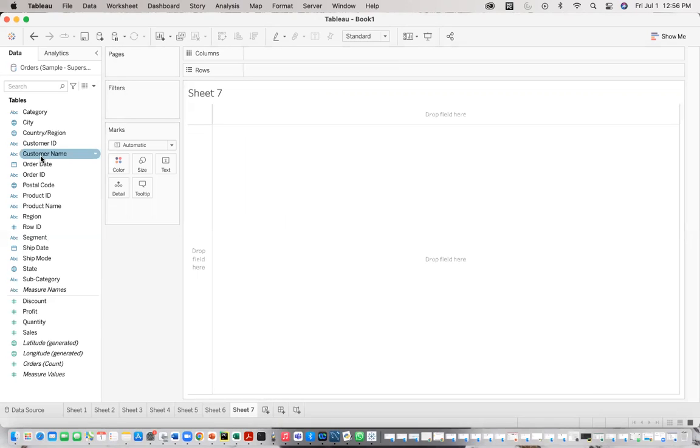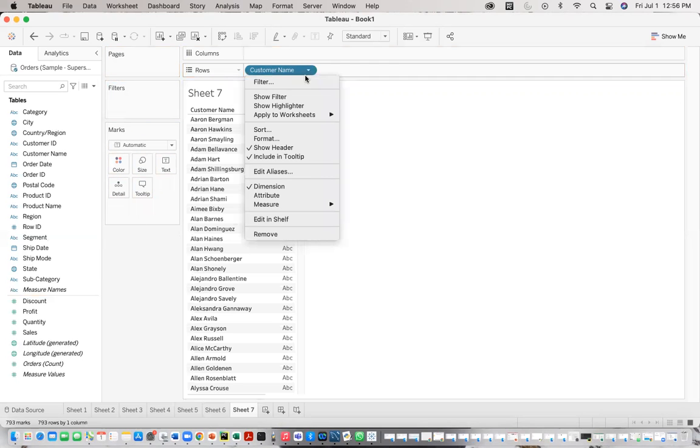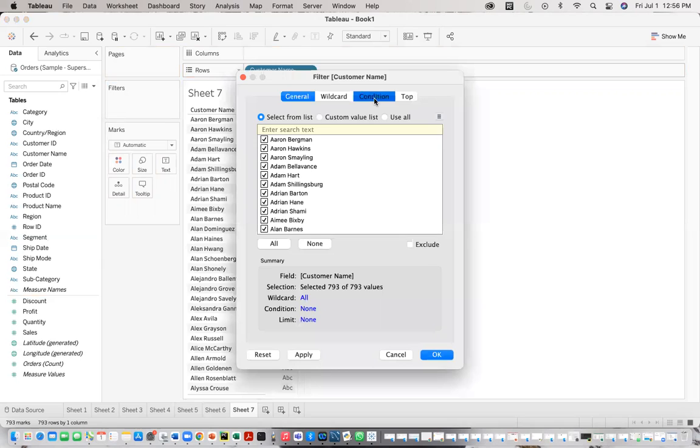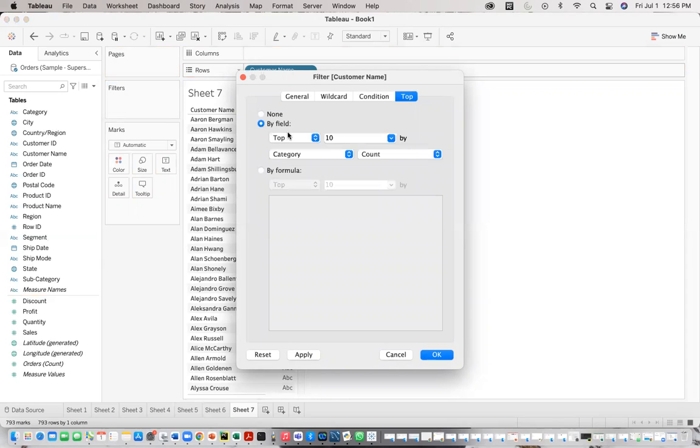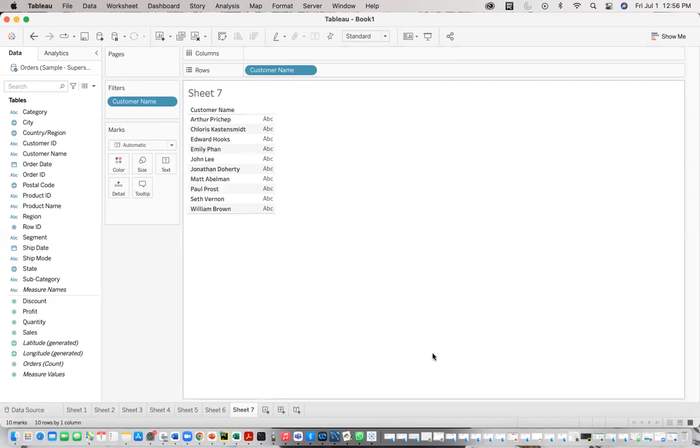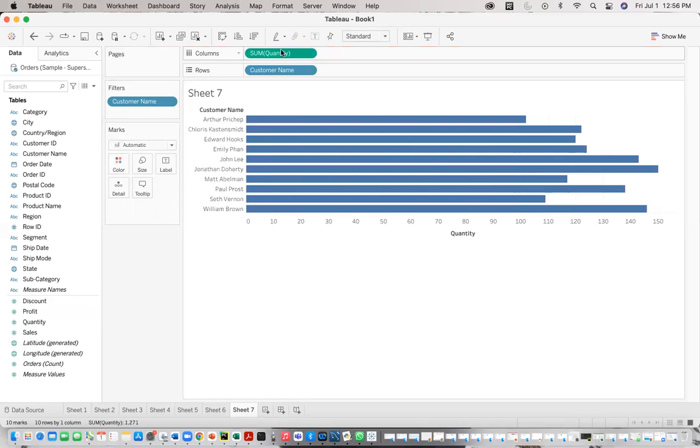We can do the bottom 10 customers also. If you want the bottom 10 customers, drag customer name, go to filter, select by field, and select bottom. We need the bottom 10 customer names, then just click on apply. Next, we need it based on total quantity, so you can click on this. So we are getting the bottom 10 customer names depending on quantity,